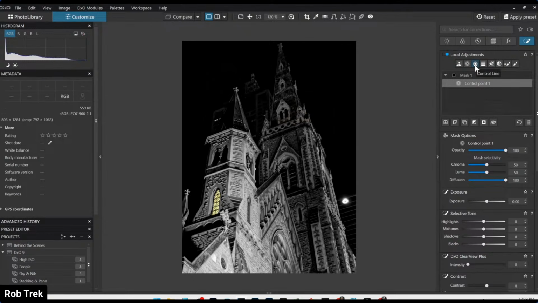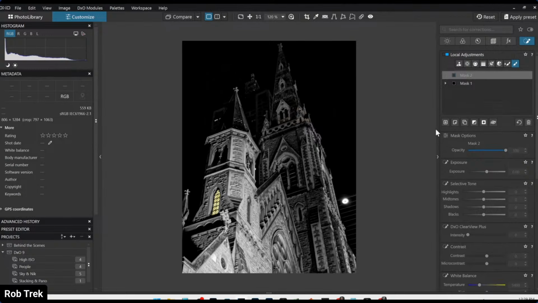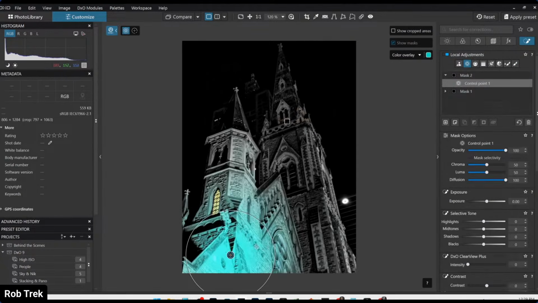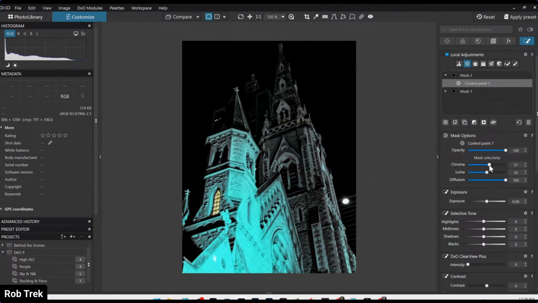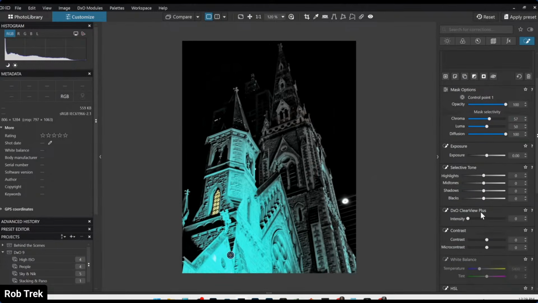We need a little more light or less light here. I think going with less light will be easier. So let's tighten up the chroma, and then